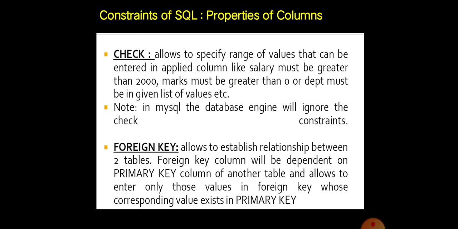Normally check constraints are ignored by MySQL. Then the next one is foreign key. It allows us to establish a relationship between two tables. The primary key column of one table should be a foreign key column in another table, or else we can say that a foreign key must be a primary key of another table.